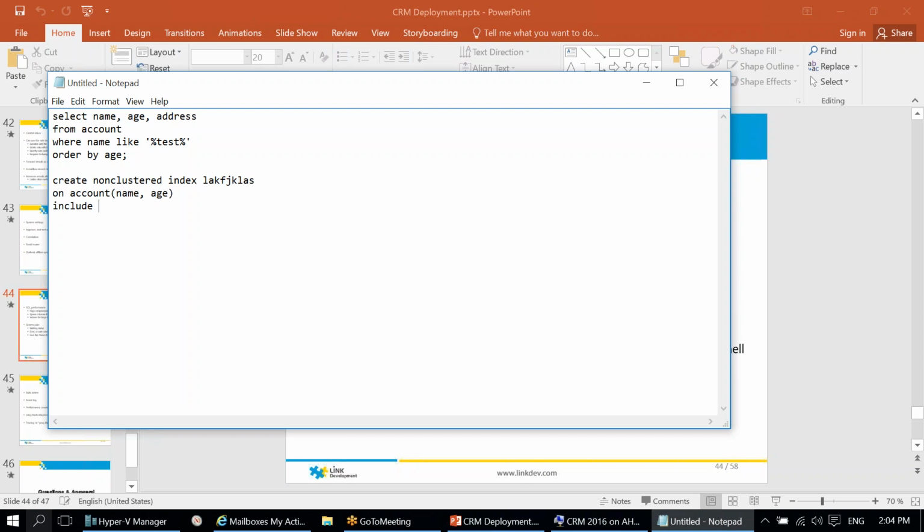I don't remember whether it is in parentheses or not, but anyway, you can include the address. This way it will create an index for the name and age, but it will also add the address,